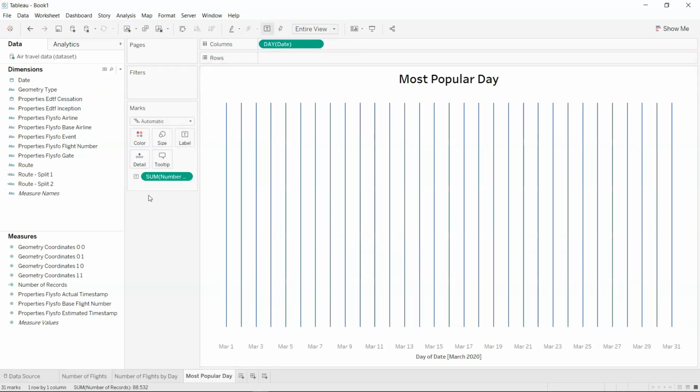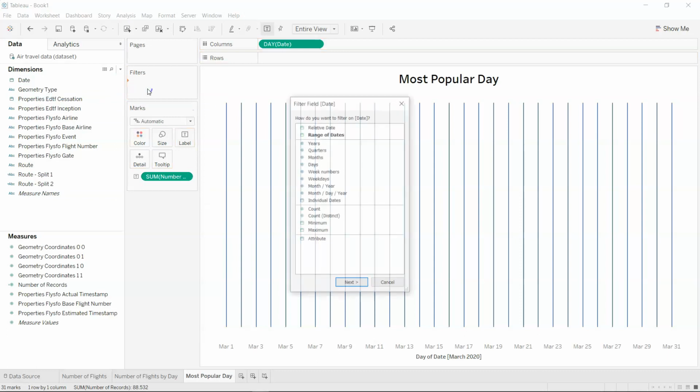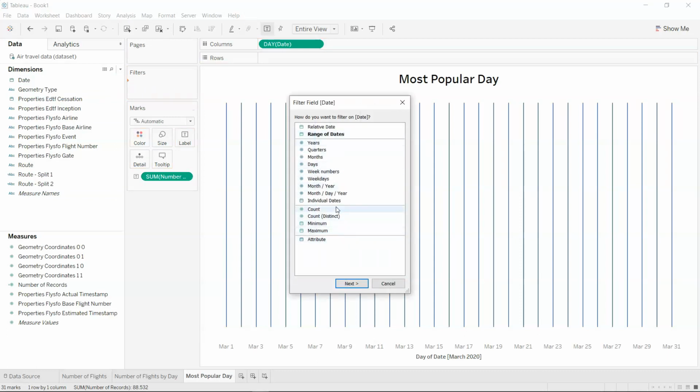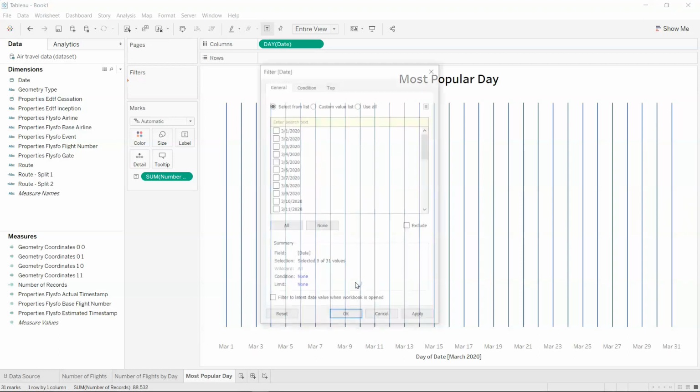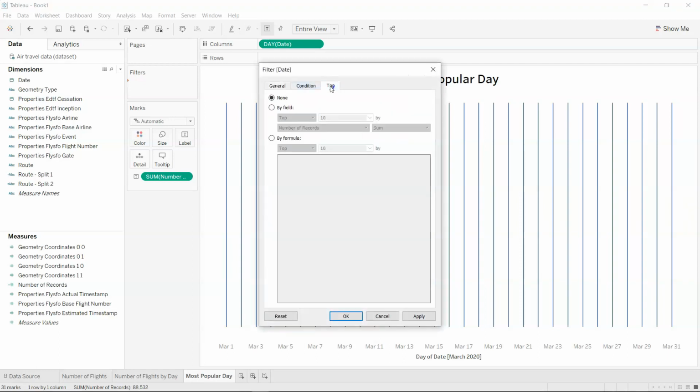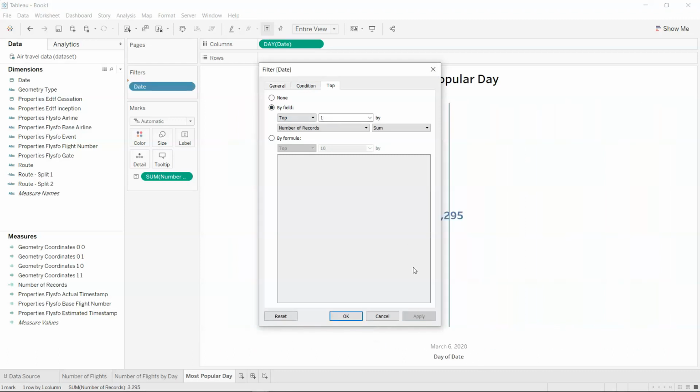We need individual dates, and we need the textual information over here, but what we need is basically the days information, the individual dates. Let's click on next, and from here we are going to pick the top one, click apply